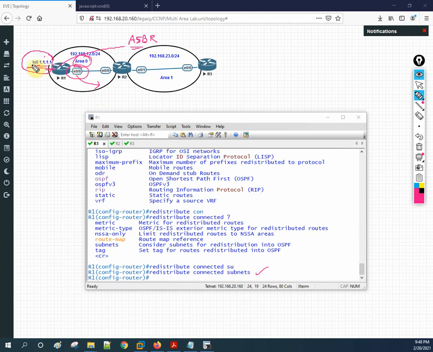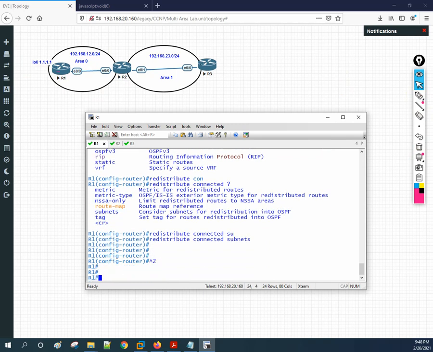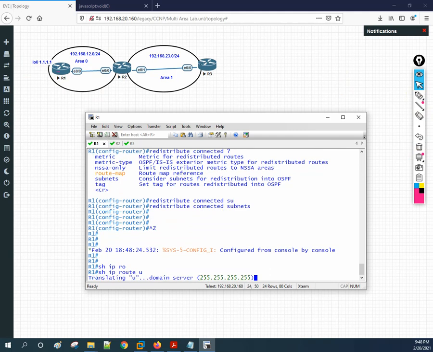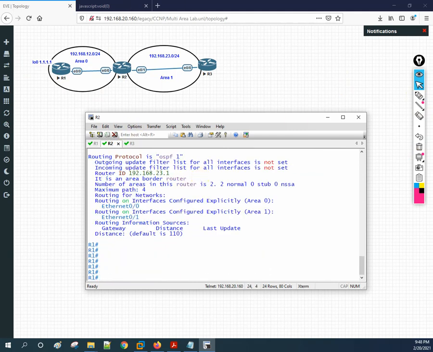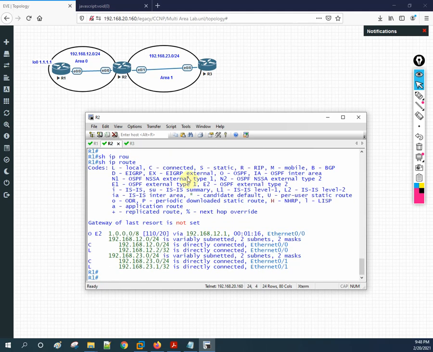It is coming from an external route and will go into OSPF. Let's check with show IP route. If you see here, we are getting E2 and this is the loopback.